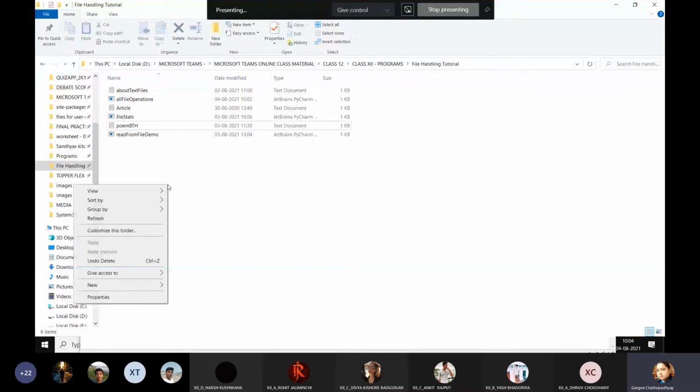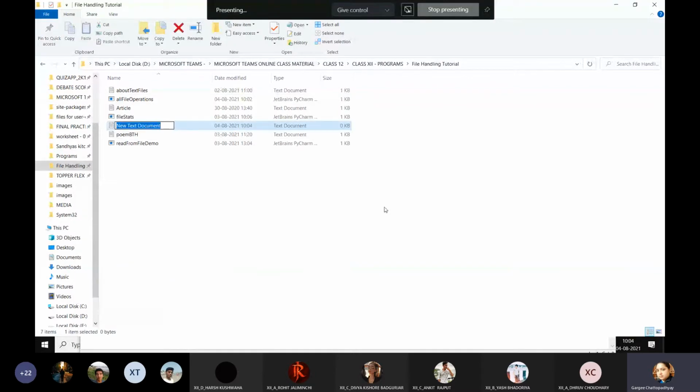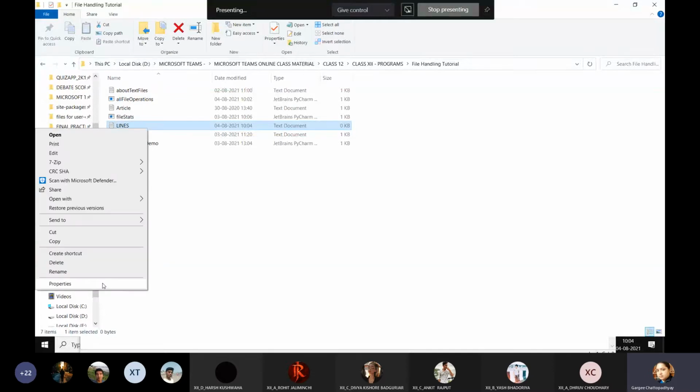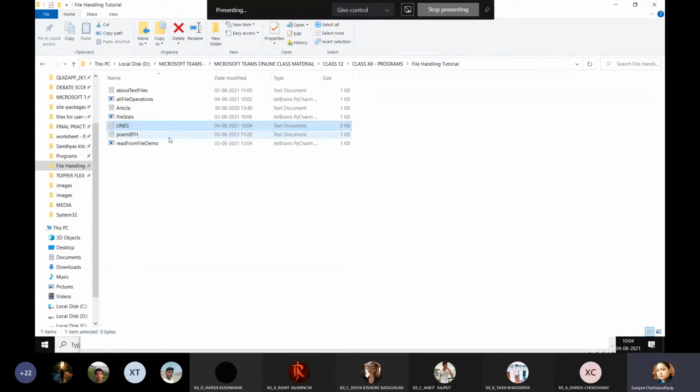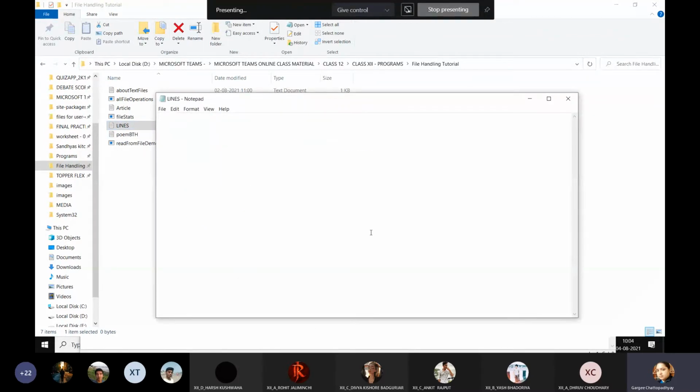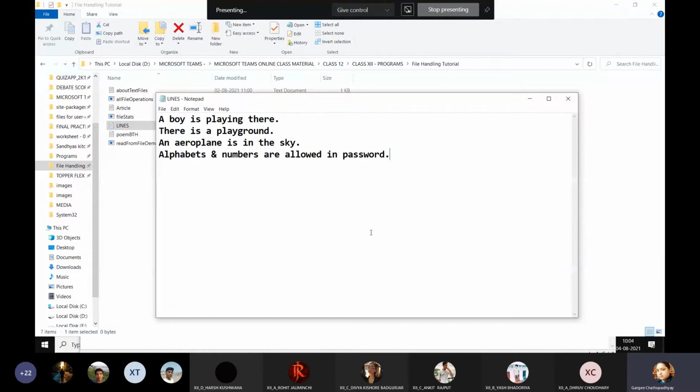So I'm going to right click, go to new text, and the name of the file is lines. So I'll simply type lines, not .txt, because the extension is already taken over here, right? It will be .txt only. So you just have to name the file. Double click, paste the content, save it, right? It's done. Make sure there are no other lines.